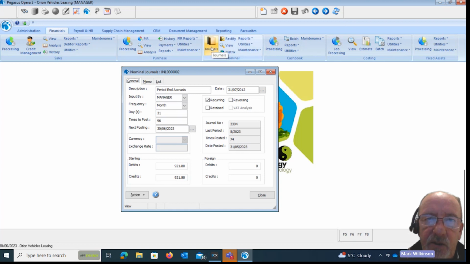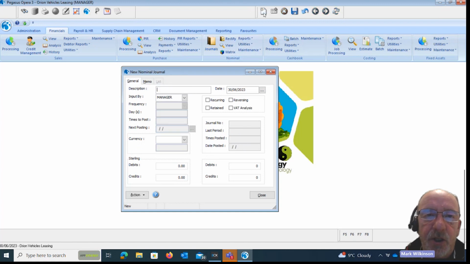So as you probably know, you've got the option here. Those people that use Nominal on a regular basis, this is where you would go and create your journal. As I click on to journal, I create a new journal, and basically I've got a blank canvas ready to start. So I'm just going to call this Mark's Recurring. Obviously the date is fairly key. So I'm currently still in June 2023,